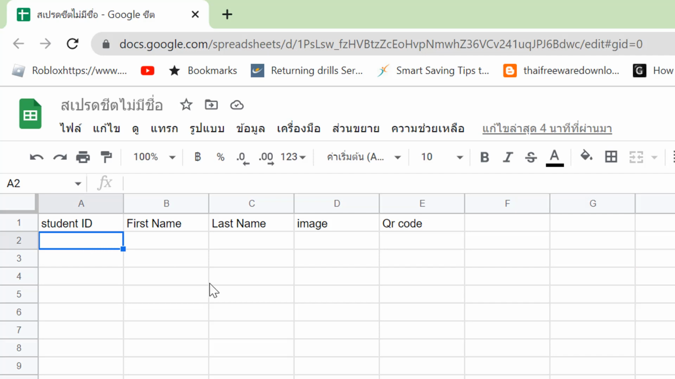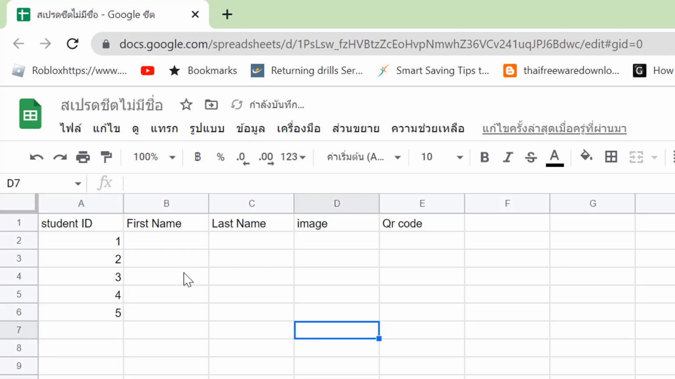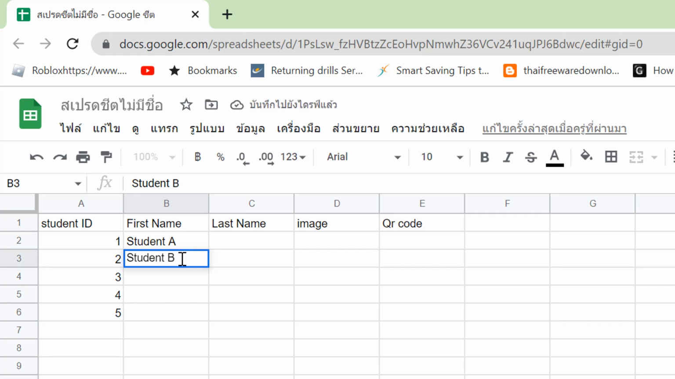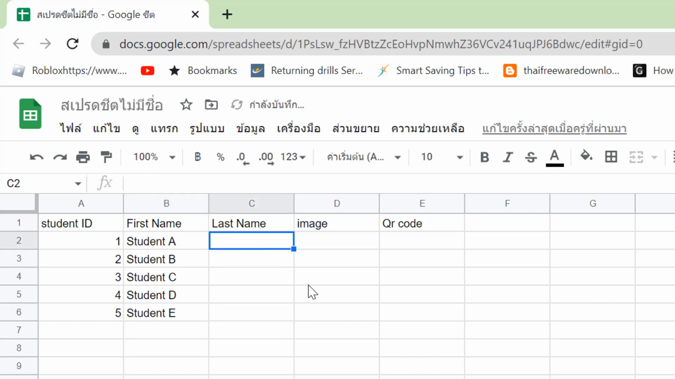For the example, I would make it 1, 2, 3, 4, and 5. After that, I would name it like student A, student B. Okay, and then I make a copy. Student C, D, and student E. For the last name, I would name it like